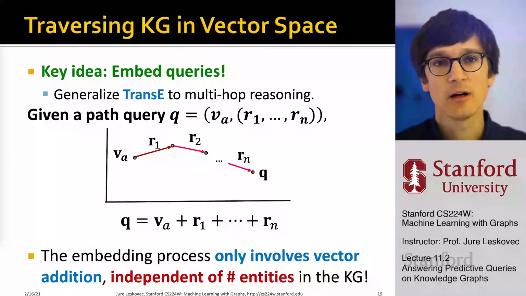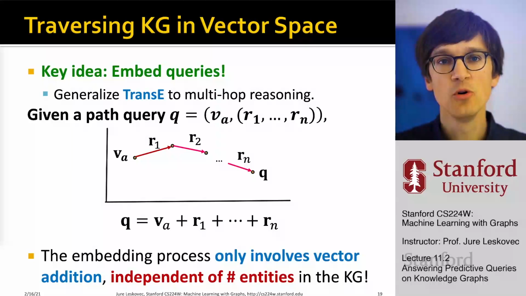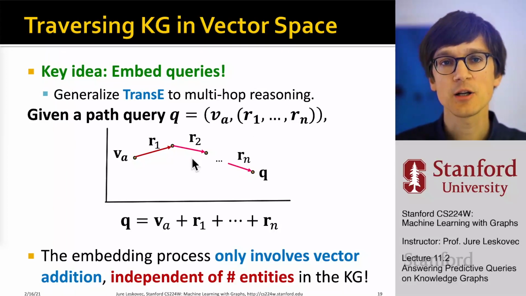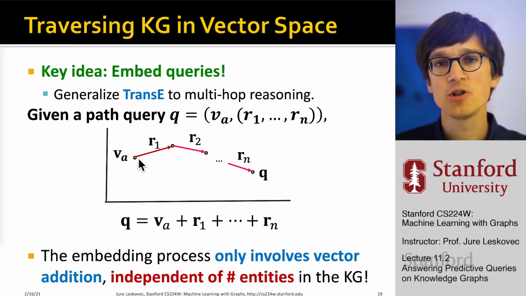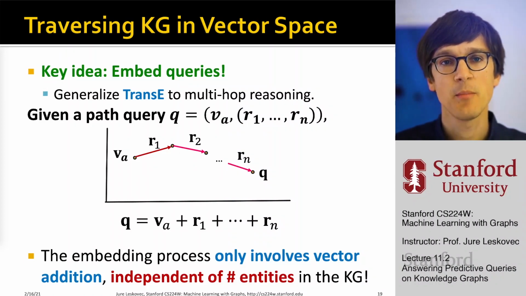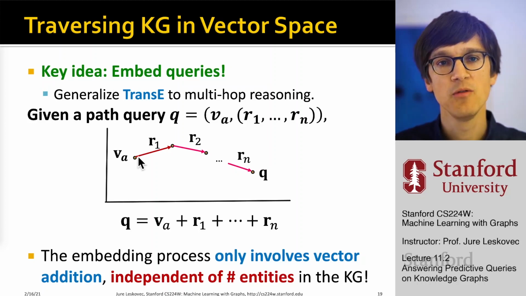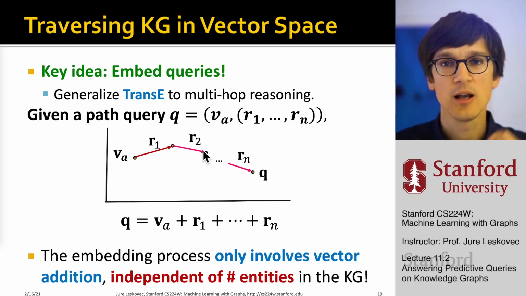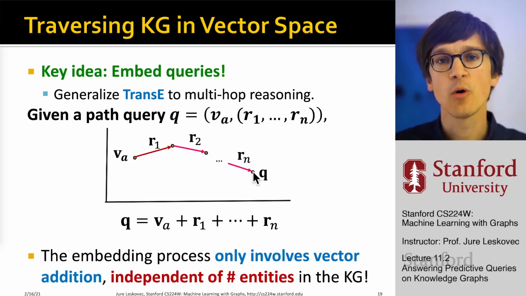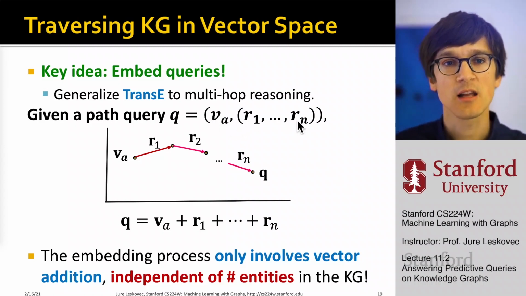What we can do now with TransE is generalize it to multi-hop reasoning. If I define a query Q as an anchor entity and a set of relations, then it's intuitive how I can generalize this using TransE. I start with my embedding of my entity V, move along the vector of relation 1, move along another vector for relation 2, and I chain these vectors together to arrive at some point in space. I call this point Q because this is now an embedding of this query that started with an entity and then traversed a set of relations.